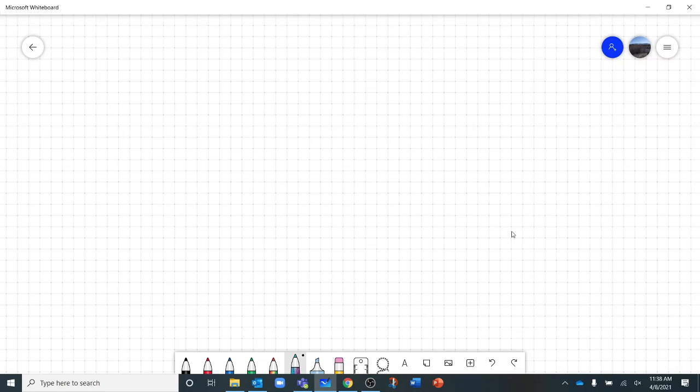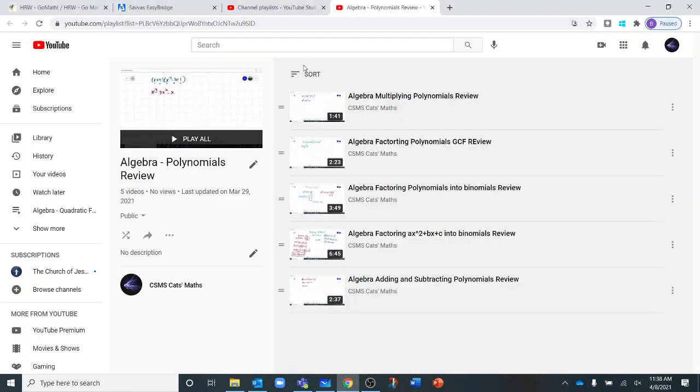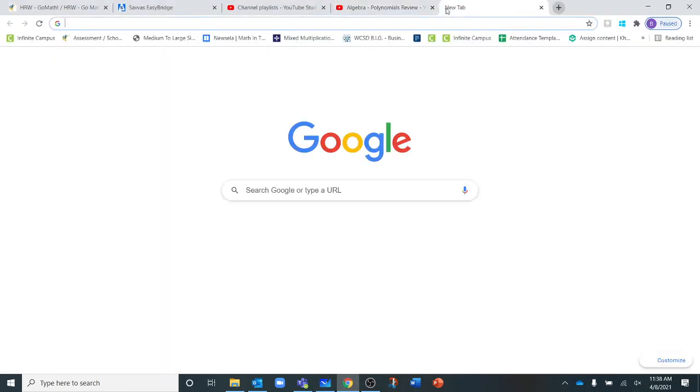So if you do want more practice, and I'm not going to assign things out of this because, again, I'm not a huge fan of the book, and it's not the most user-friendly system, and the way it accepts the answers is kind of frustrating. Anyway, so if you'll open up a web browser like this one,